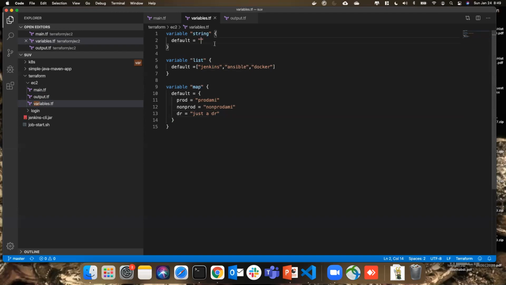So this is a string variable. You can just mention whatever you wanted to use. Whenever you use a variable name called string, this will be used. It's similar to the way we do it in bash. In bash you also mention some variables, right? Similarly, this is the way of mentioning variables in Terraform. This is the string variable. This is a list variable. List means you have